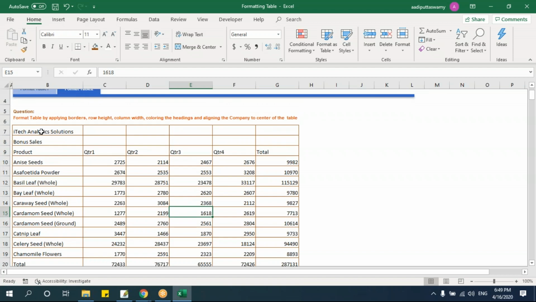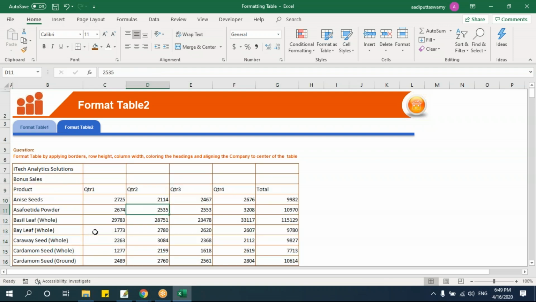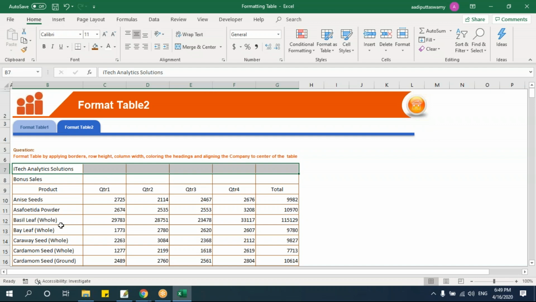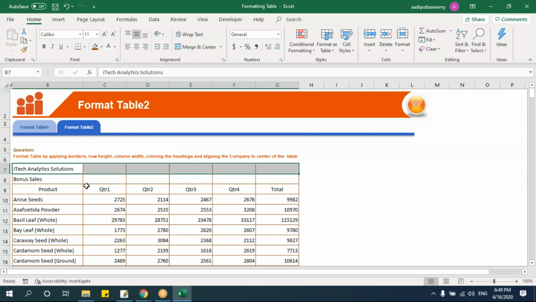Now, since this is touching the border, select this, and I'll use middle align. Then the heading should be center aligned, and as I told you, the heading should always be highlighted. Can you see this? Select this, they should be center aligned. I'll use merge. What merge will do is merge the cells, that is, combine them and make it center. See, merge and center. We got it centered.